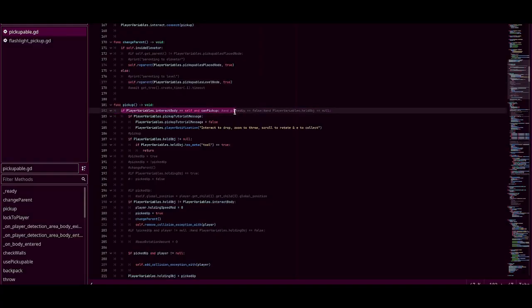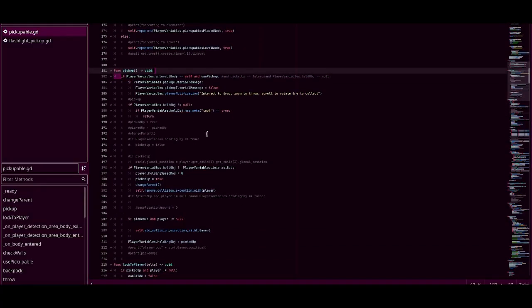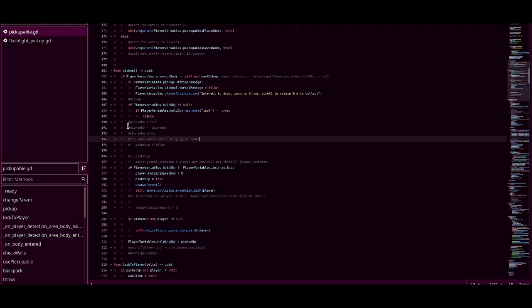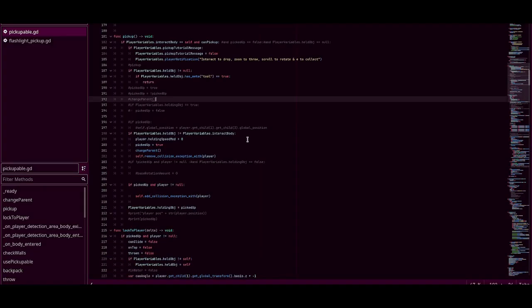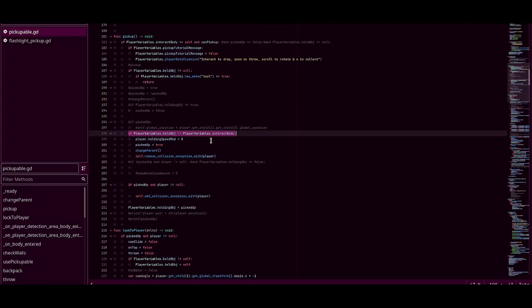And then we're picking it up. I used to have my pickup script just so that if I'm interacting with the object itself, it would be picking it up or not picking it up. It would just flip that variable to know whether or not it's picked up. But I just recently changed that so that I only change it's picked up if its held object is not the interact body. The object that I'm interacting with, I have to make sure that that's not the object that I'm already holding,